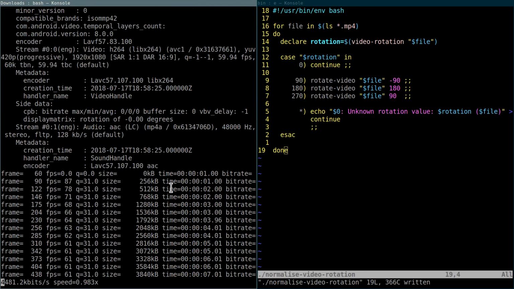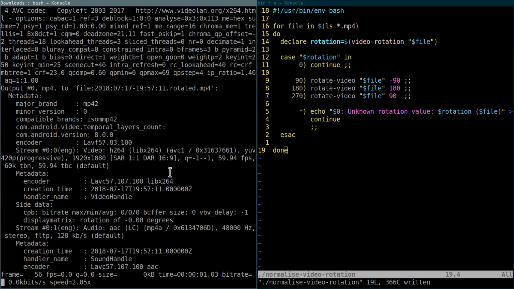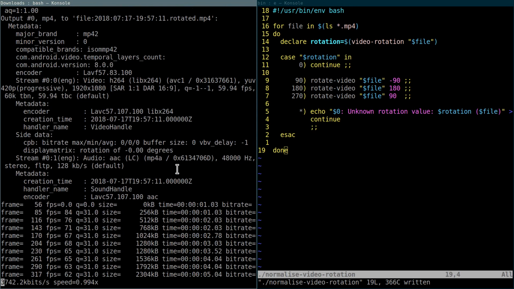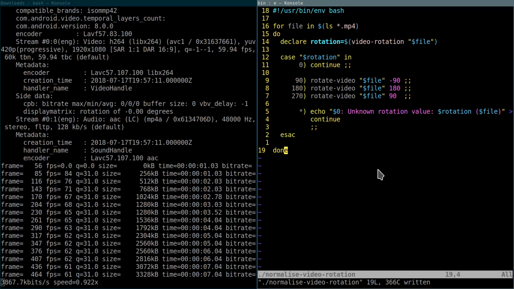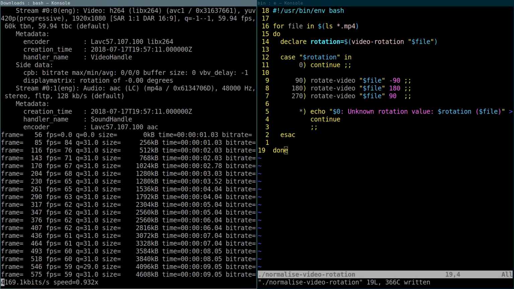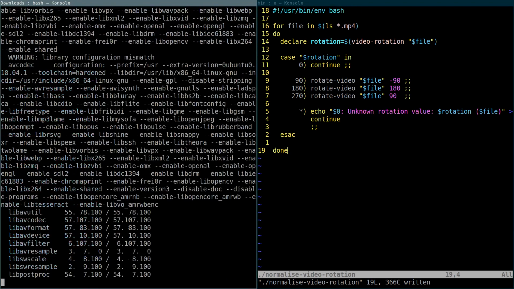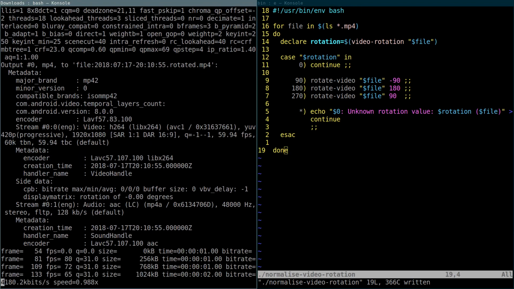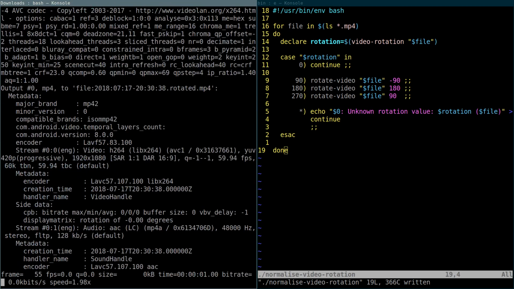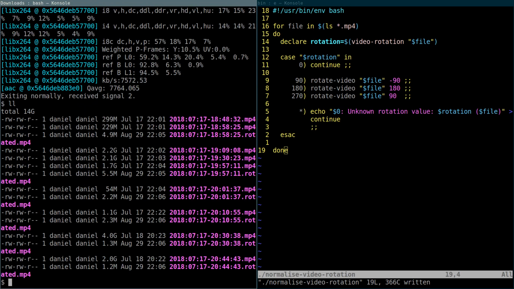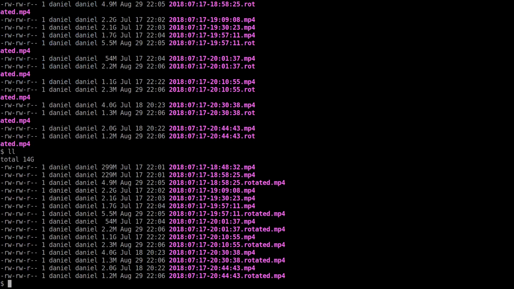Now I'm going to stop this because we know that it works. But as you can see, I issued a Control-C to cancel the process, and it cancelled that FFmpeg process, but then moved on to the next one in the loop. So I think at some point we're going to need to discuss trapping signals and having this script go, oh, hang on, I've just received a Control-C, I'm going to kill the whole thing. And I'm going to have a whole bunch of rotated videos that are incomplete, so